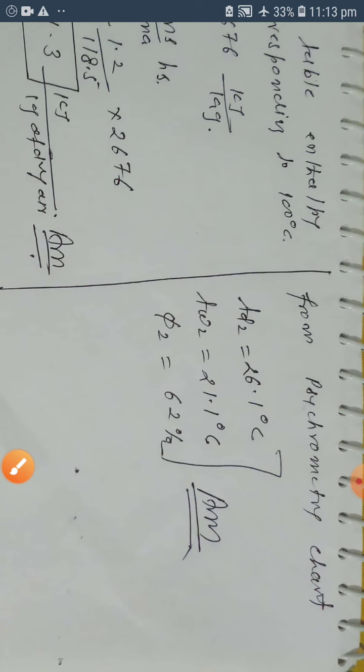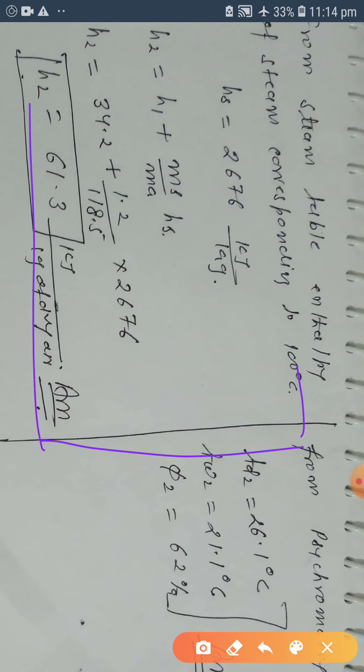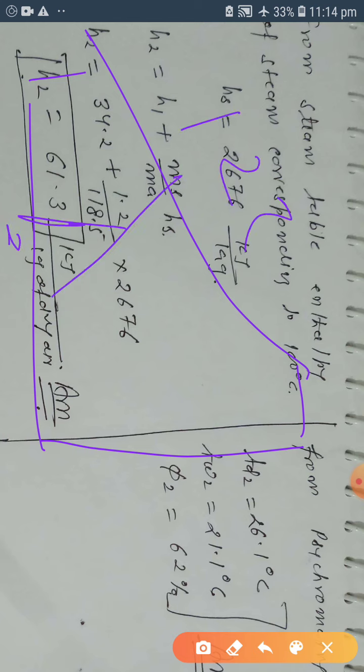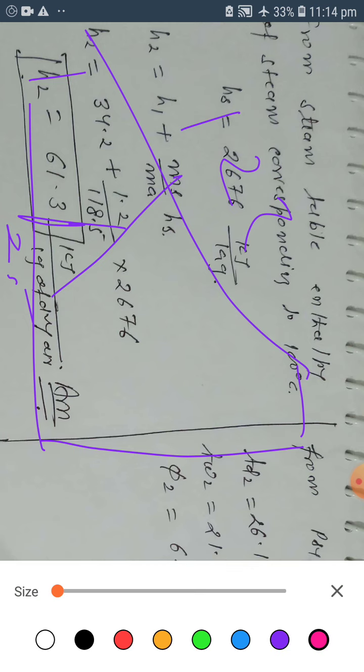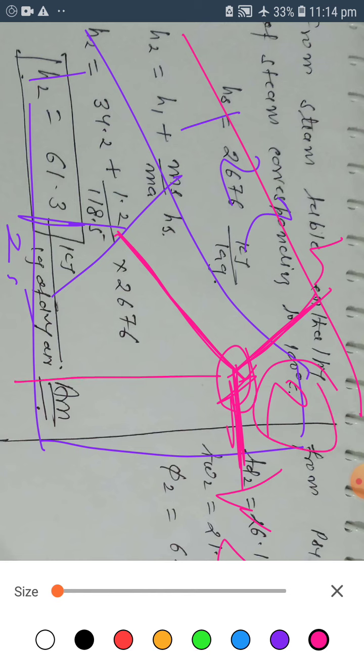Now, from the psychrometric chart, you are able to mark point 1, at 25 degrees centigrade and 12 degrees wet bulb temperature. Point 2 is the heating and humidification, so point 2 will be up. W2 you may calculate, and H2. So the H2 line and the horizontal W2 line will intersect, and this will be point 2.